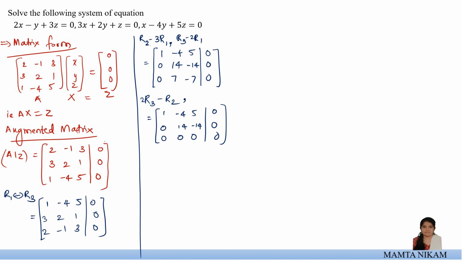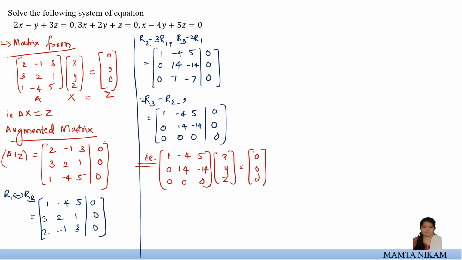That is also okay. So if we express this back in the matrix form, this will turn out as 1 minus 4 5, 0 14 minus 14, 0 0 0, into x y z equals 0 0 0, which is our AX equals Z form. So from this form, if we extract the equations, but before we extract the equations, is it